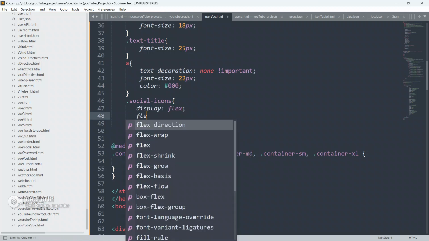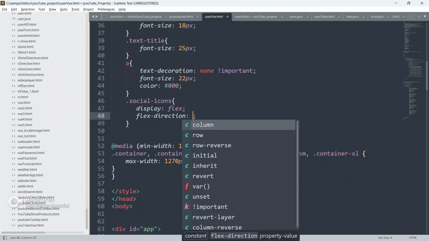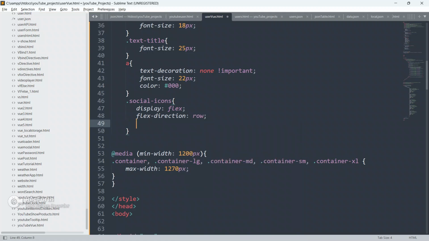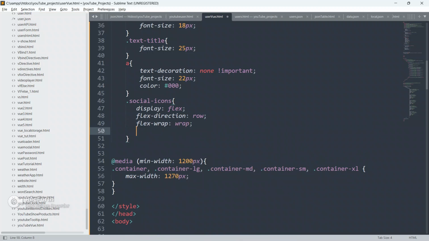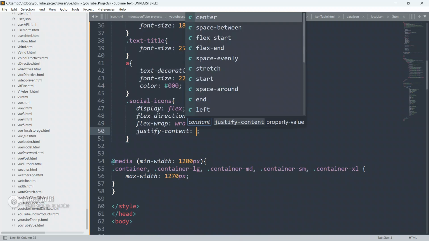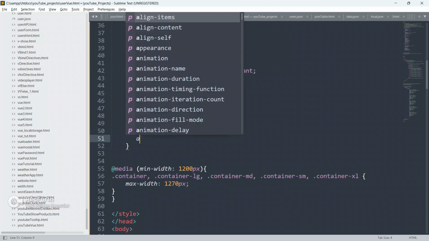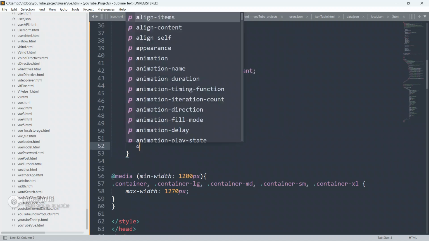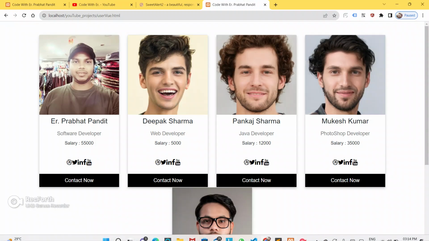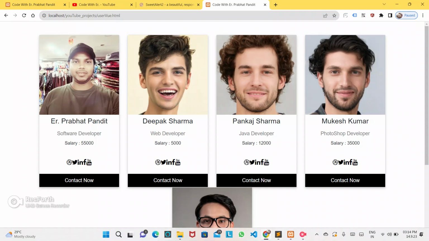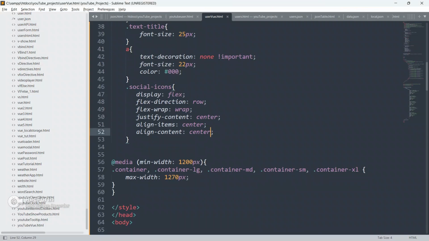So give display as flex, give flex direction as row, give flex wrap as wrap, give justify content as center, give align item also center and give align content also center. Now save your code, go to the browser and refresh your page.